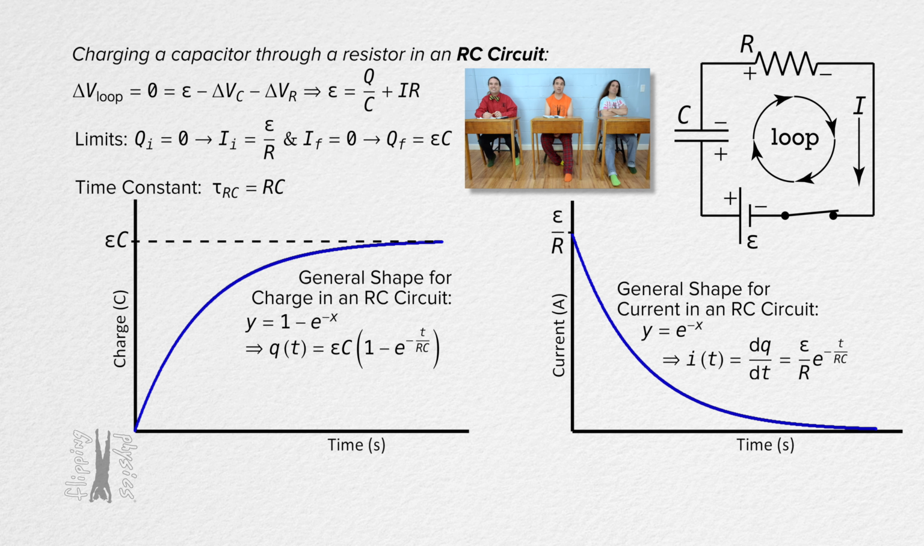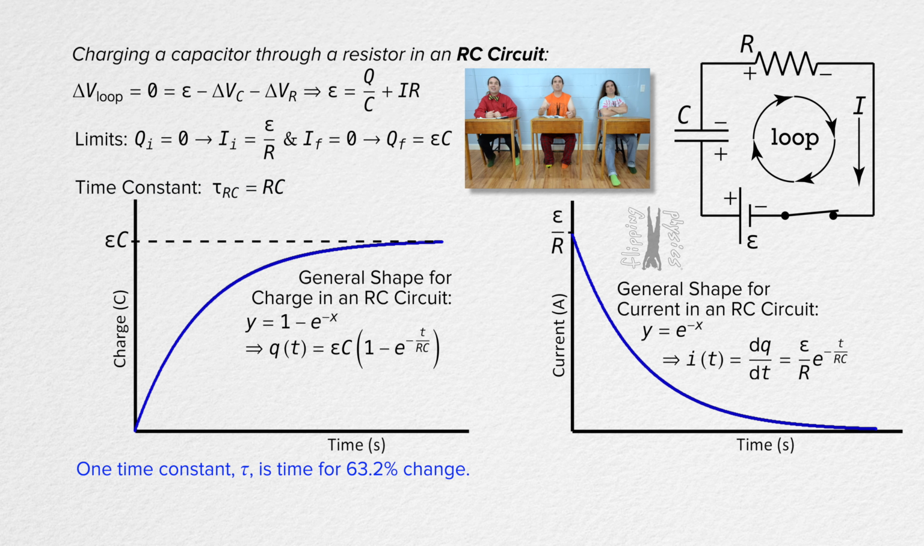So for charging a capacitor through a resistor in an RC circuit, I found the limits, showed the general shapes, identified the time constant, which I have memorized, but I forgot about memorizing that one time constant represents the time for a 63.2% change. But actually, we do not have to memorize that because we know the general shape of